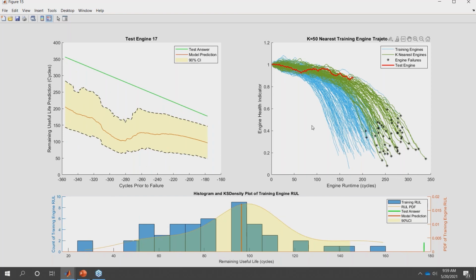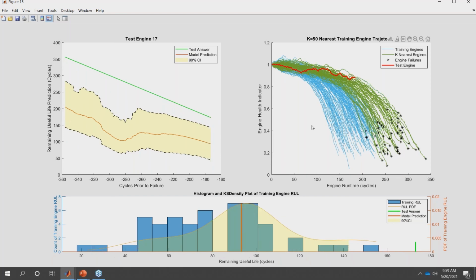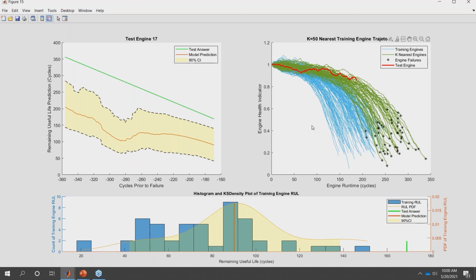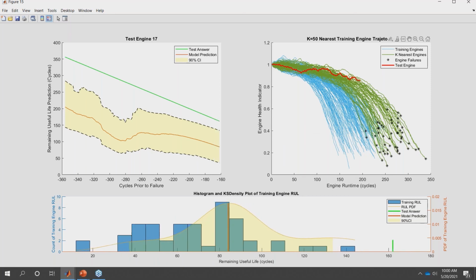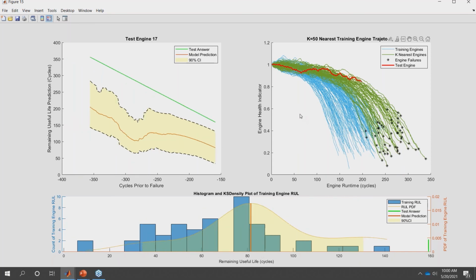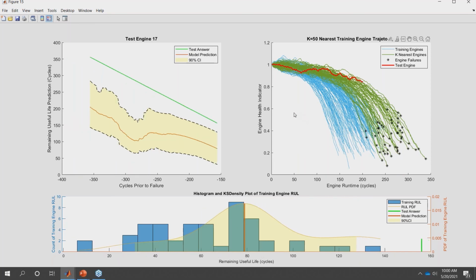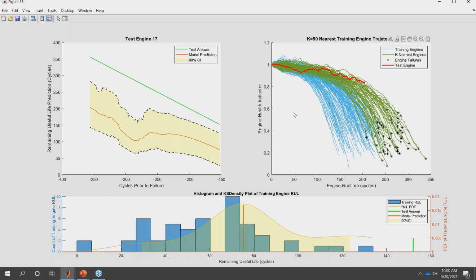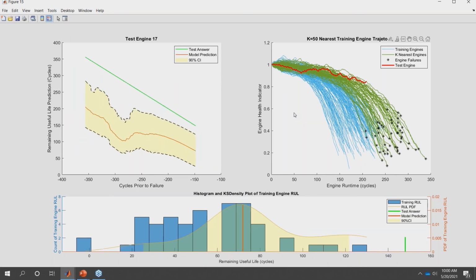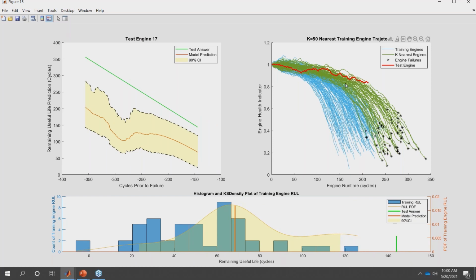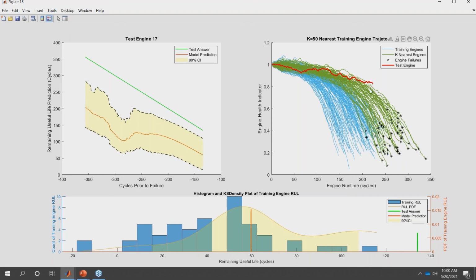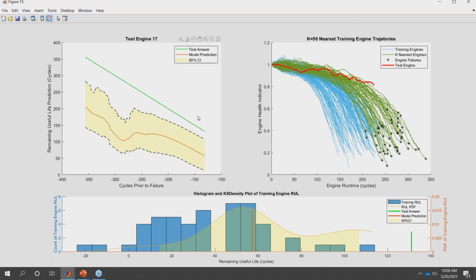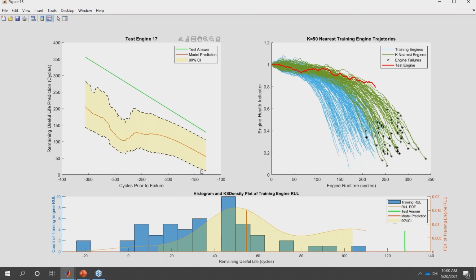Now, the nice thing about these models is that they're not static. They can be improved over time. So as you get more data, as you get situations like this where the model doesn't work well, you can include this in your training set for the next time around and build out a better, more robust model over time. There are situations where it's worked quite well, where it follows normal behavior, but these ones are a bit more out there, and the model isn't able to converge as well.